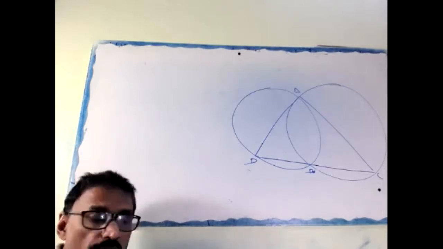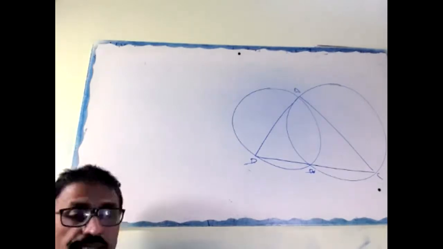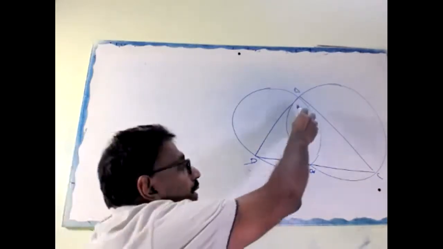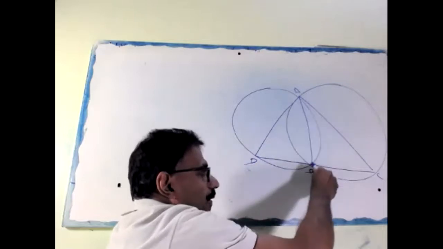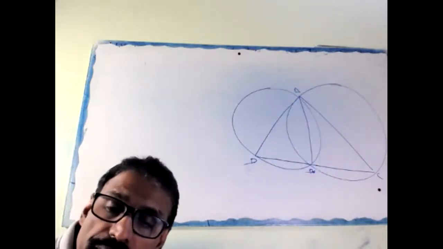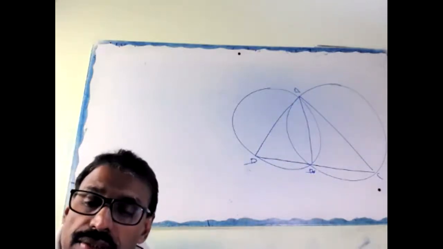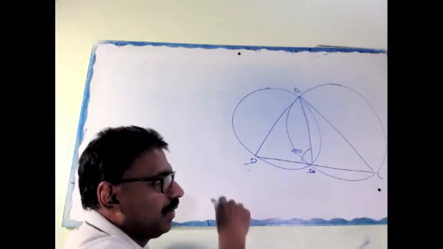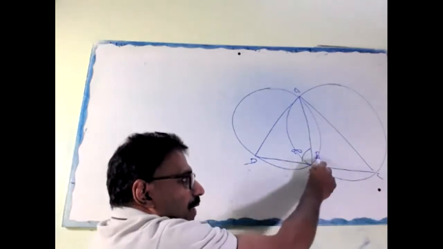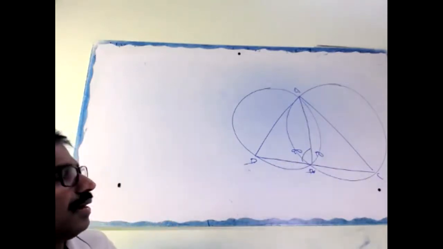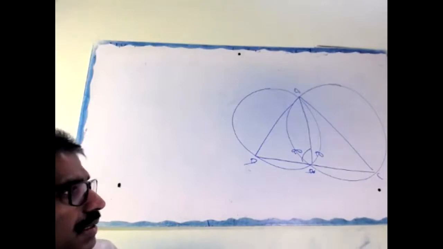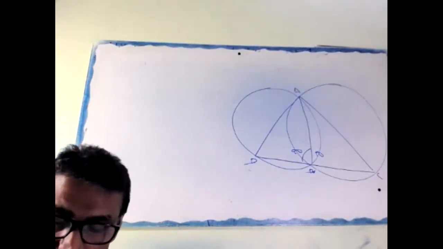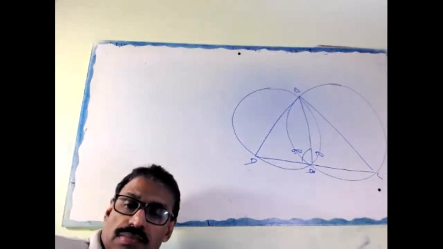Okay, so now, come on. How to show DBC is a straight line? What will we do? Very simple. You join AB. AD is a diameter. Look here, AD is a diameter, therefore this angle is 90. AC is a diameter, this is also 90. So angle ABD plus angle ABC equal to 180 degrees. Hence, it is a straight line. Clear now?